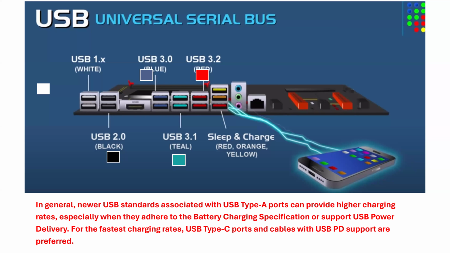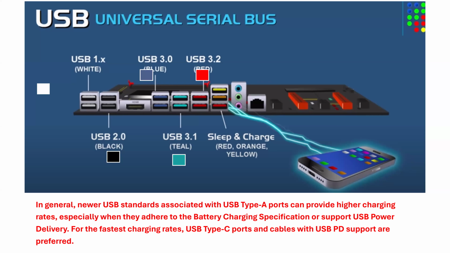Deep blue is 3.0. Light blue is 3.1. Red is 3.2. Okay. Then when you see orange or yellow or something like that, it means that there's what they call sleep and charge. Sleep and charge means even if, like my system now, my system is not on, but once I plug my